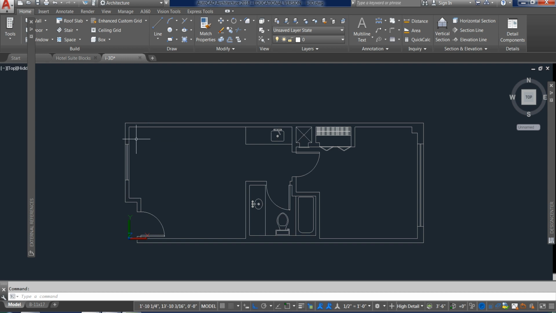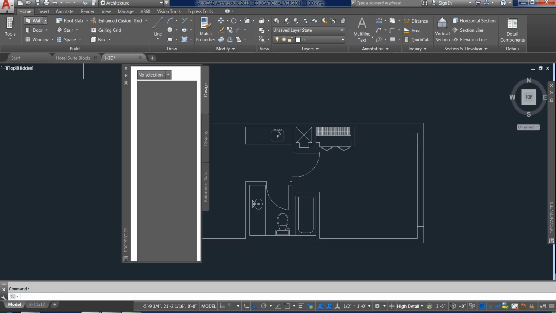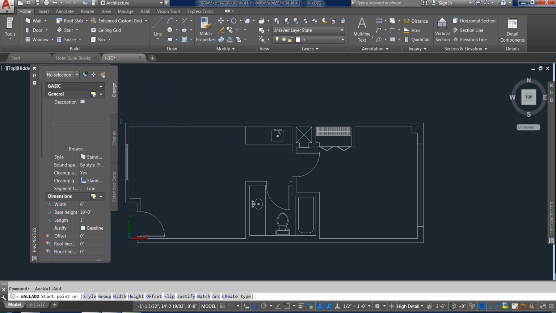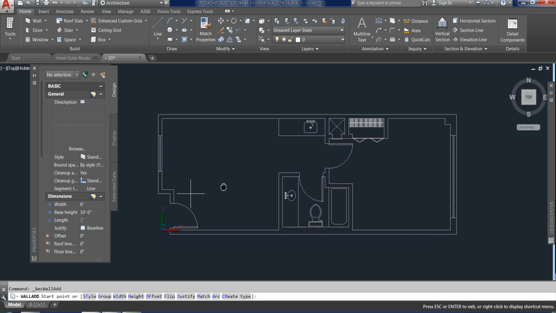Okay, so I'm going to close the XREF dialog box as well. Let's go back to the wall tool. And I'm going to come in here and just double check. My walls are 6 inches. If you've worked on the elevations yet, you know you actually don't have 10-foot walls. I believe you have 8-foot walls. So you could change that. It just sort of looks a little short in 3D, which I guess is truly what it looks like. But I'm going to leave mine at 10 for now.